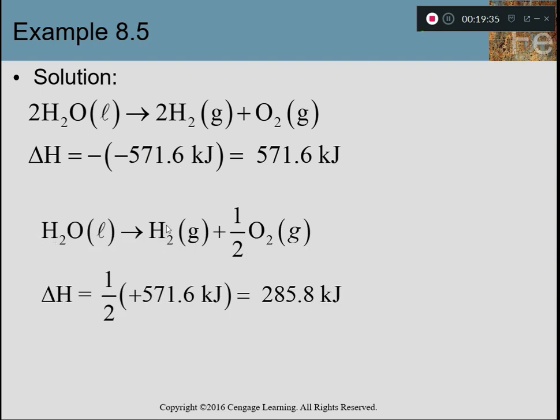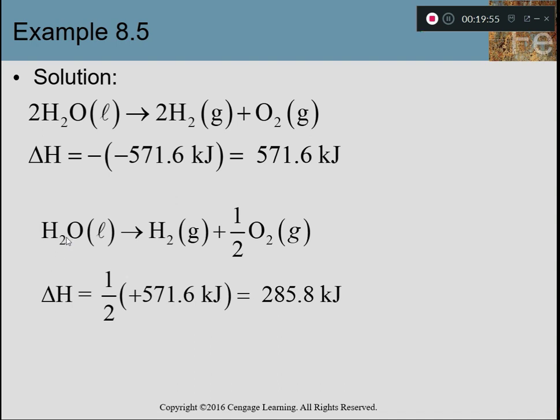So if I divide everything by 2 to get the right coefficient, that means I have to divide by 2, or multiply times 1/2, that value of 571.6 kilojoules of energy. This is the new amount of energy. 285.8 kilojoules is the amount of energy that is going to be absorbed